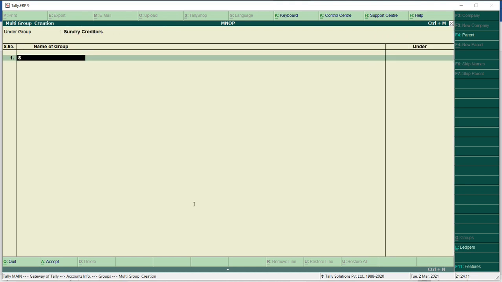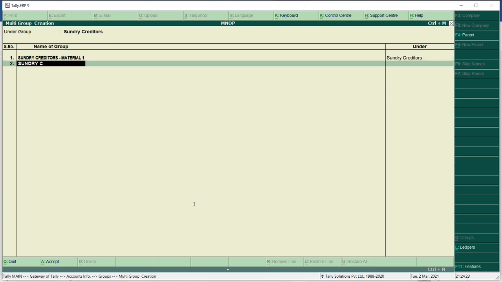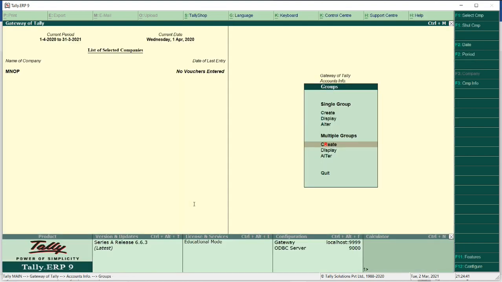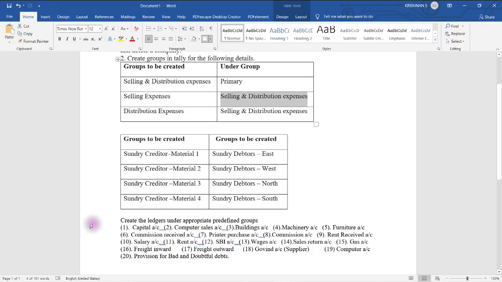Then here, sundry creditor material 1, then sundry creditor material 2. Likewise, you have to create sundry creditor material 3 and sundry creditor material 4. Okay, then you can accept the creation of these ledgers. Then next to this we have sundry debtors east, sundry debtors west, sundry debtors north, sundry